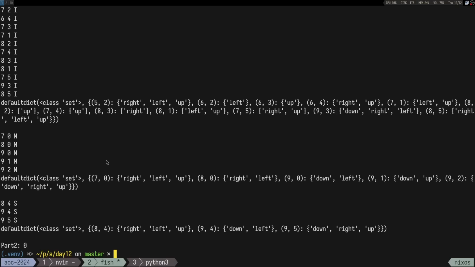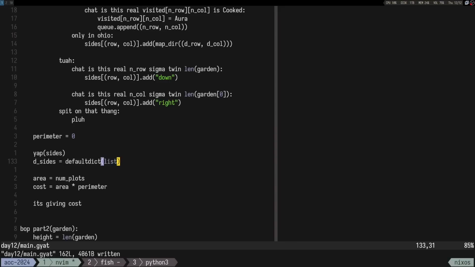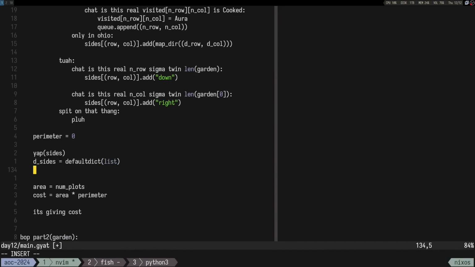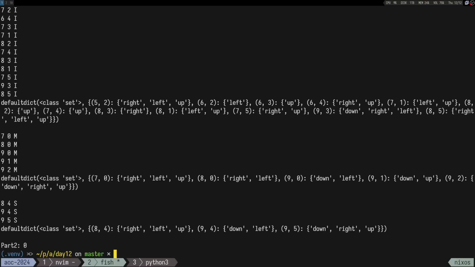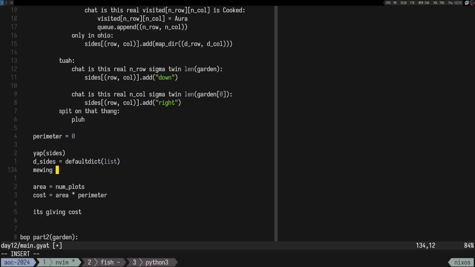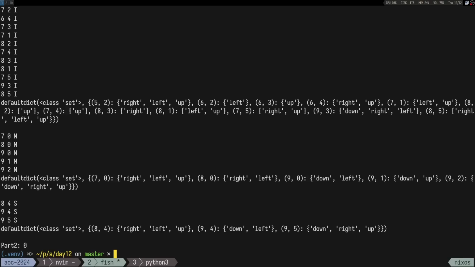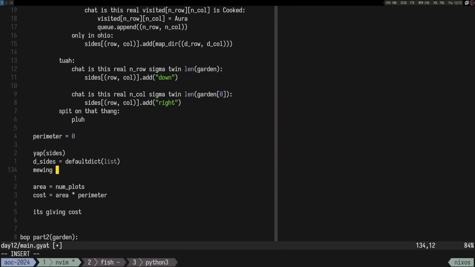That sounds like kind of a good idea in my opinion. So let's try it. Let's mew the sides. So I want to mew the items, so key value. So we are mewing the position